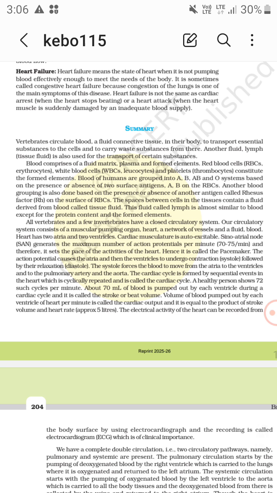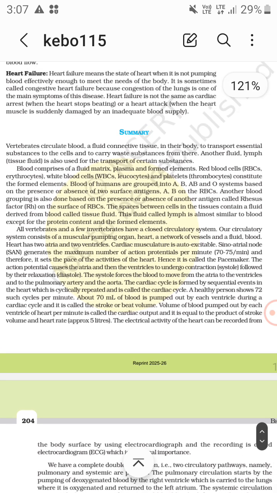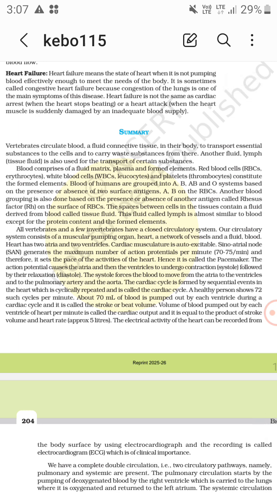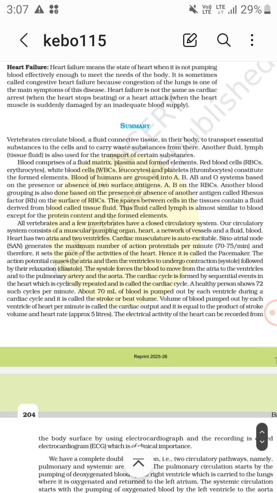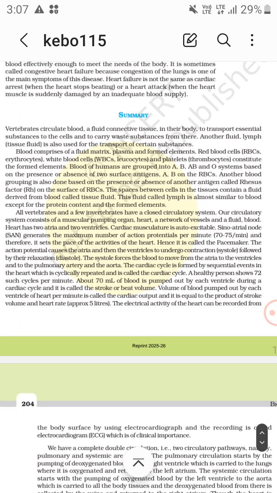Now all vertebrates and a few invertebrates have a closed circulatory system. So an example among the few invertebrates is the annelids, right? They have the closed circulatory system. Our circulatory system consists of a muscular pumping organ, that is the heart, a network of vessels, and a fluid,